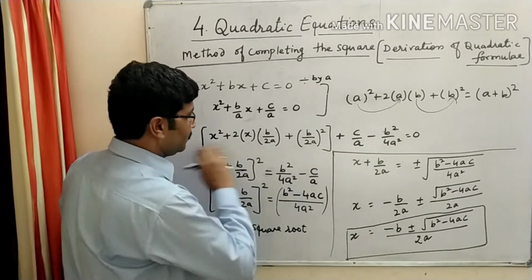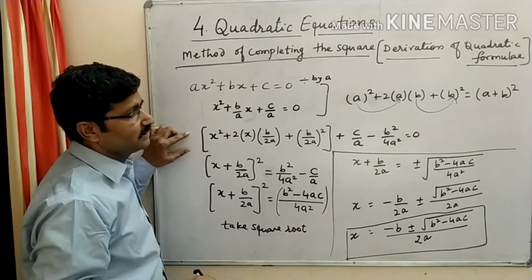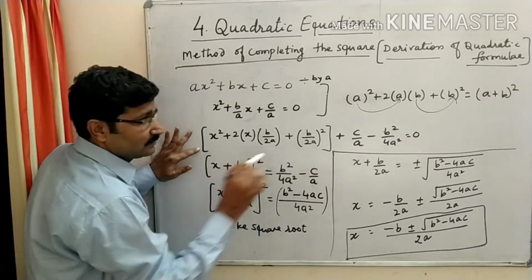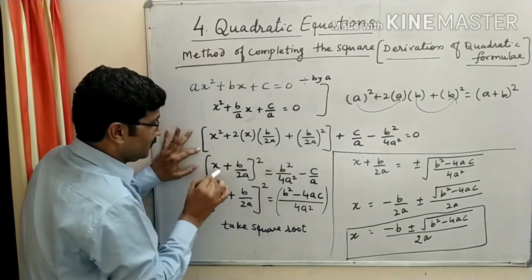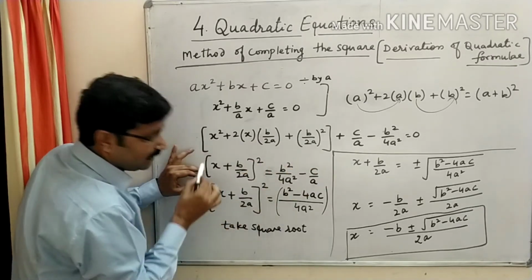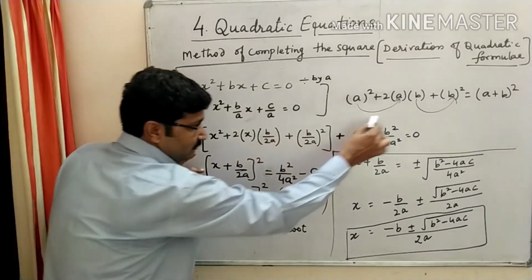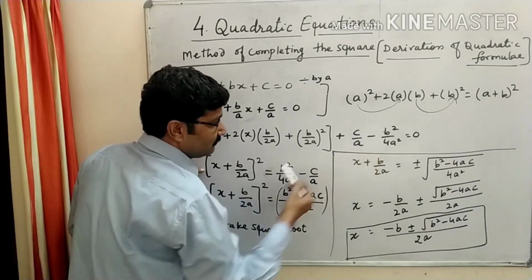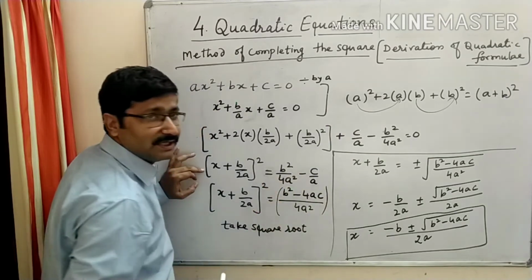So these are the same. Look here, if you solve this equation again, you get x square plus b by a x plus c by a, there is no problem. Now this bracket, check the formula a plus b whole square: a is x and b is b by 2a, so we can write the bracket in the form x plus b by 2a whole square. The remaining two terms you transfer to the right hand side. This minus will become plus b square by 4a square, and c by a is plus, so it becomes minus c by a.